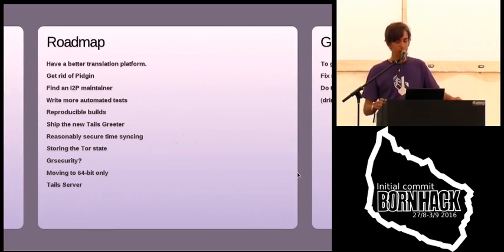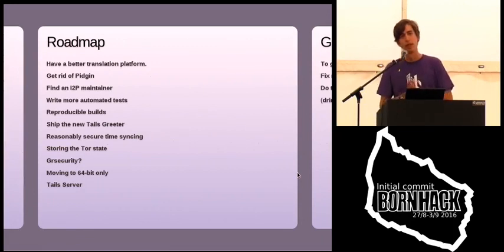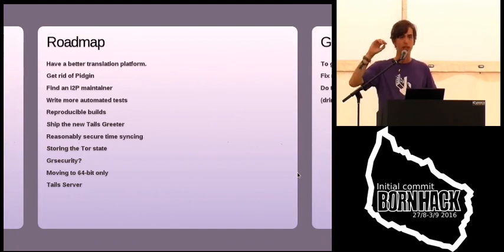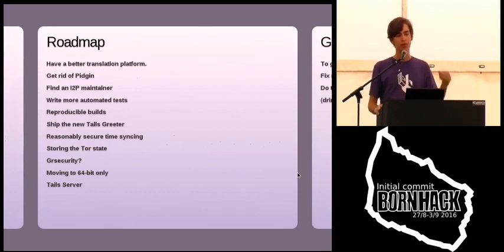And then, as George has been talking about in his talk, somebody has been working on Tails server, which is a bit of an experiment at the moment, where people can boot up Tails. It's a bit of a special version where there's a graphical interface where you could say, I would really like to set up a Mumble server, and it's a GUI. You could say generate onion address, and it will generate the onion address, set up a password for it, which you can then send out to your friends over whatever channel you want, and then people could have Mumble conversations over Tor, for example, or set up an XMPP server, maybe an IRC server.